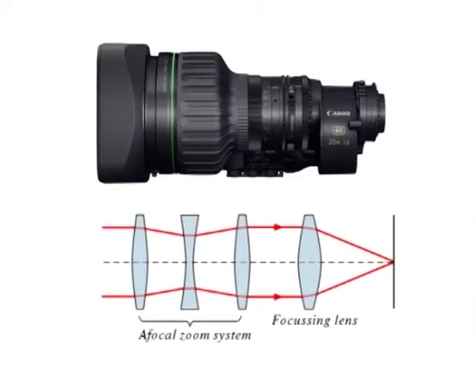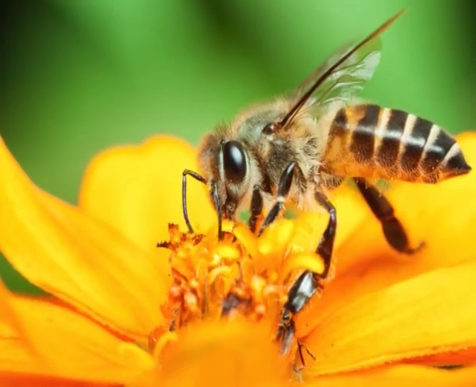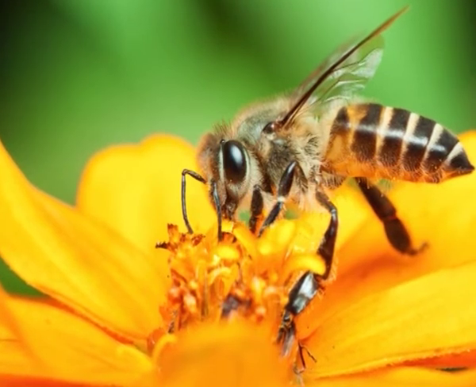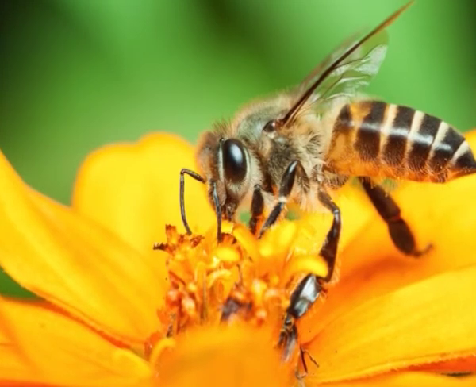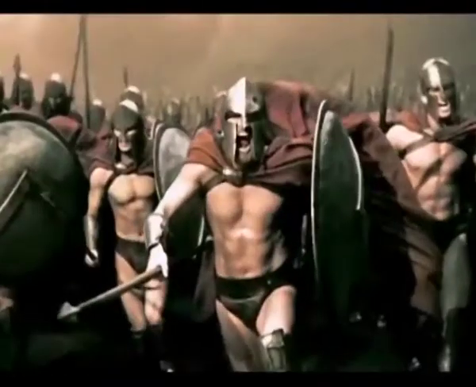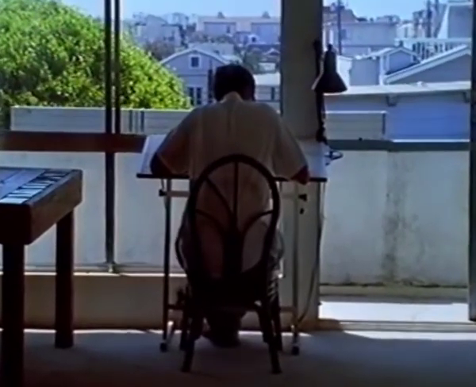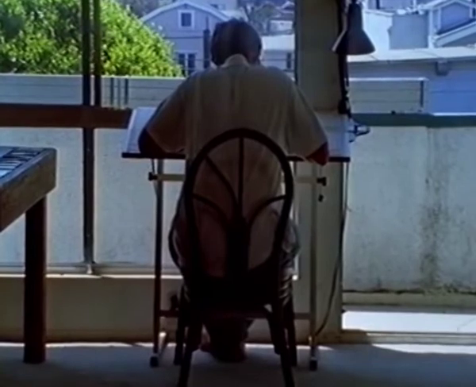A zoom lens contains a mechanism that changes the magnification of an image. On a still camera, this means that the photographer can get a close-up shot while still being some distance from the subject. A video zoom lens can change the position of the audience either very quickly like a smash zoom or very slowly without moving the camera an inch, thus saving a lot of time and trouble.